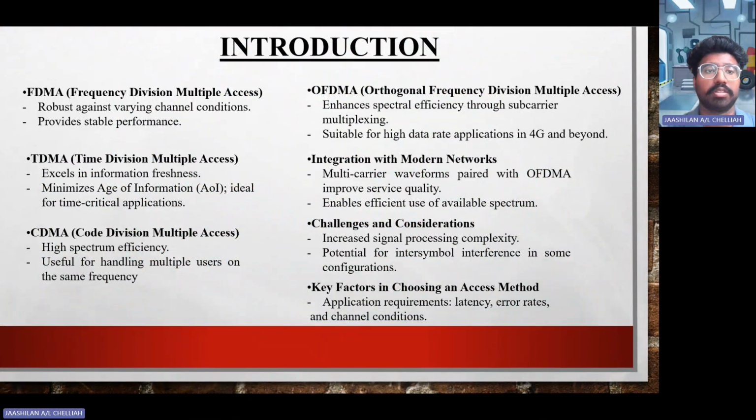So for the introduction part, we start off with our introduction for our assignment. FDMA stands for Frequency Division Multiple Access. It is robust against varying channel conditions and provides stable performance. TDMA, on the other hand, Time Division Multiple Access, excels in information freshness, minimizes AoI, and is ideal for time-critical applications, whereas CDMA, Code Division Multiple Access, is useful for high spectrum efficiency and can handle multiple users